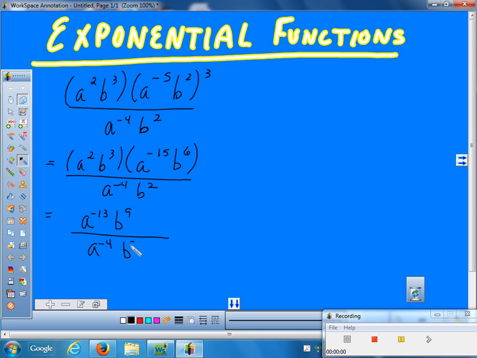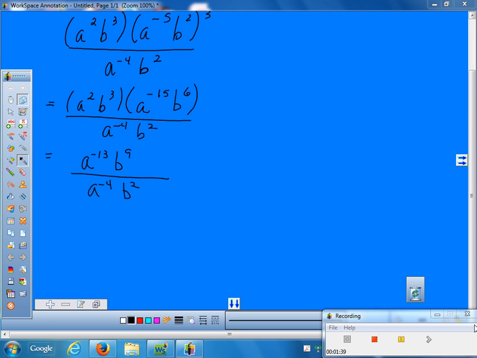Then, quick way, we know that when we move them from top to bottom, the powers change sign, and we always want to have positive powers. So should I move the A's up or down? Down. I want to move down because I want it to become positive. So if I bring it down, it will become plus 13, and negative 4 plus 13 is really a to